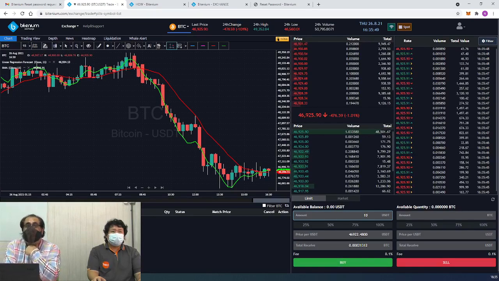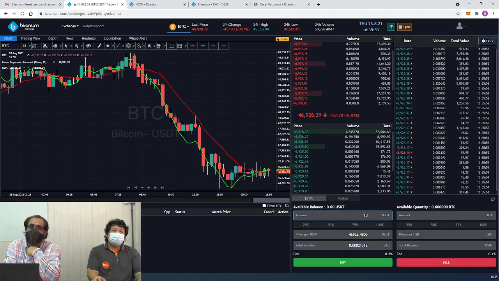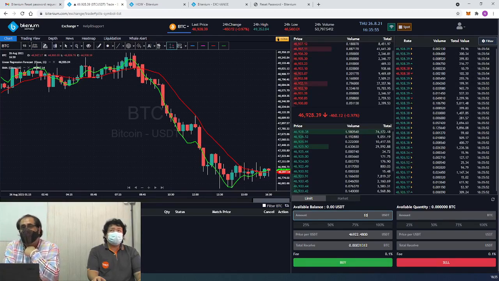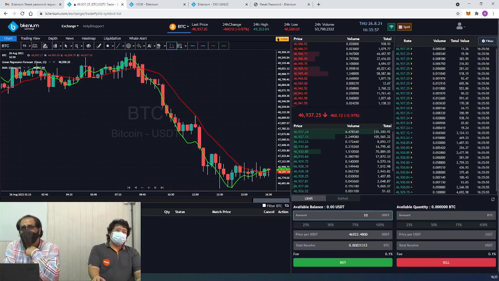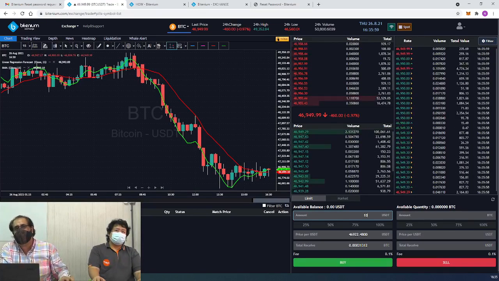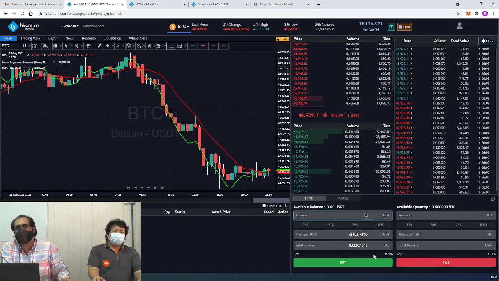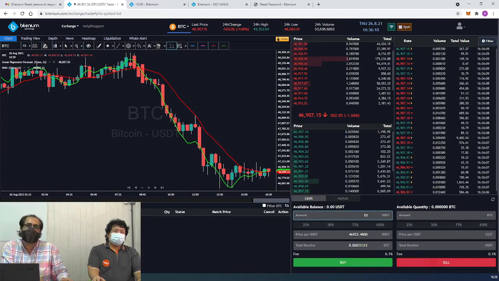My friends, the fee is similar to very big exchanges. The big exchanges are charging 0.1%, and many exchanges are charging 0.2 or 0.25. We are charging 0.1% for the fee. Currently we haven't done market maker and taker fees, so we'll be adding that soon and update you in the next session.